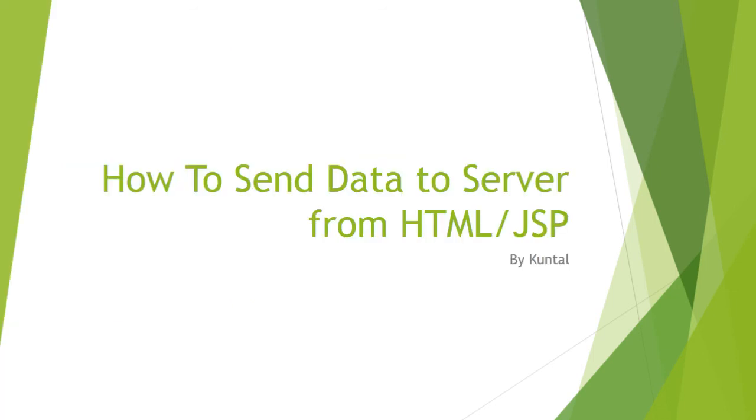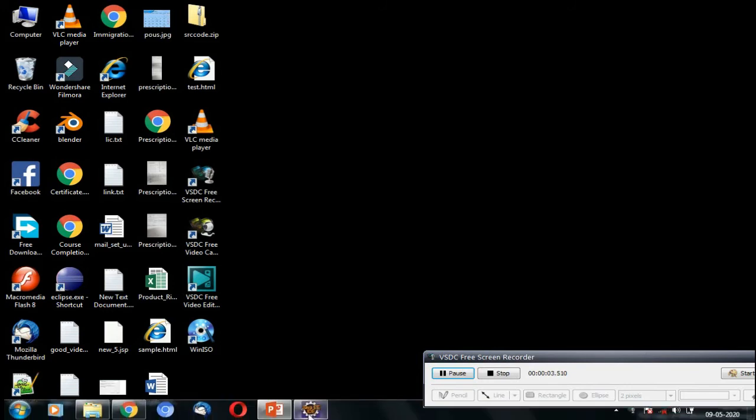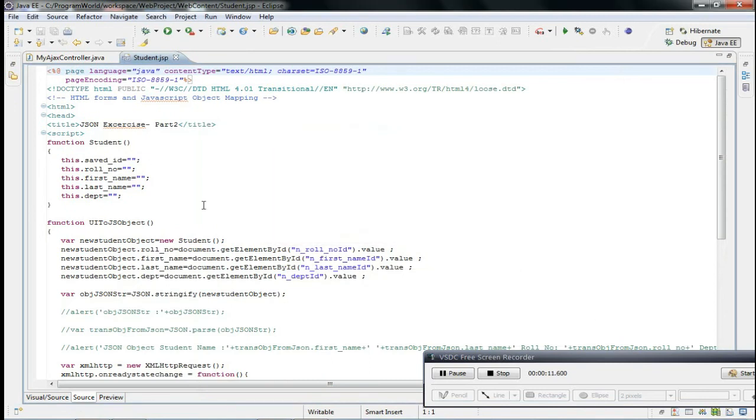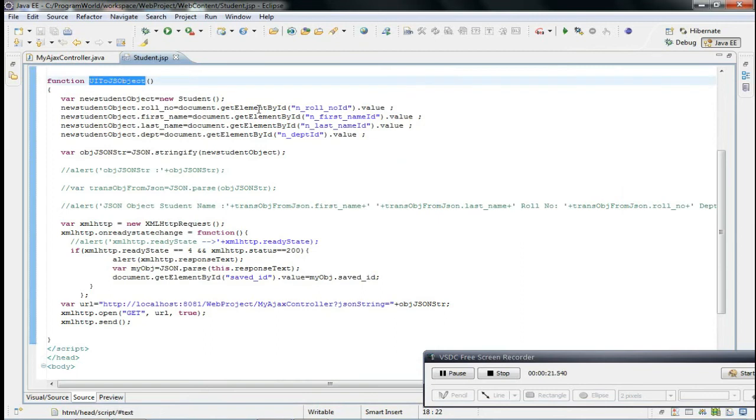So I am going to show you, I have written a small program where I have done these simple steps. This is the JSP page, and on click of that button, the UI2JS object function is getting called, and here I am taking all the values of the form elements and then I am converting to JSON, and then I am creating an XML HTTP request, and the URL I am mentioning